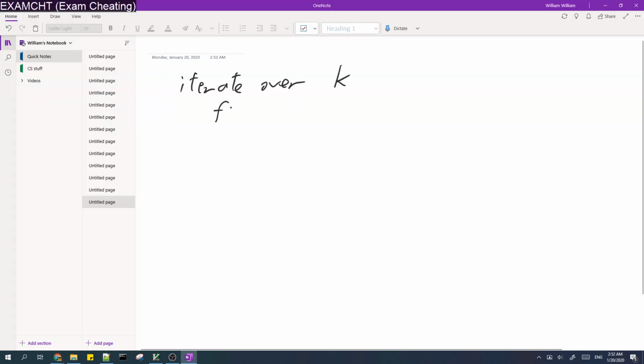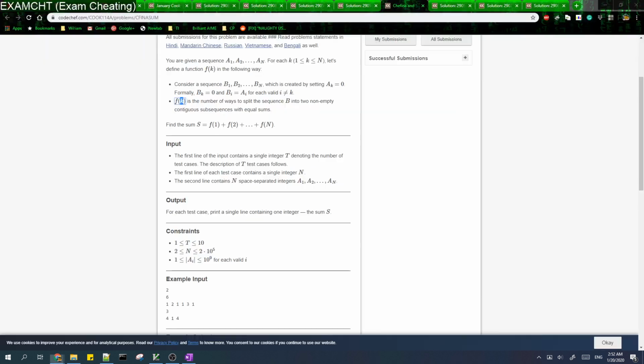Then we find the sum of a single partition. So basically, the sum of the single partition will be,